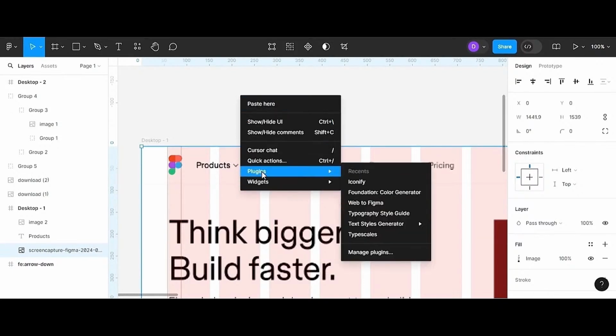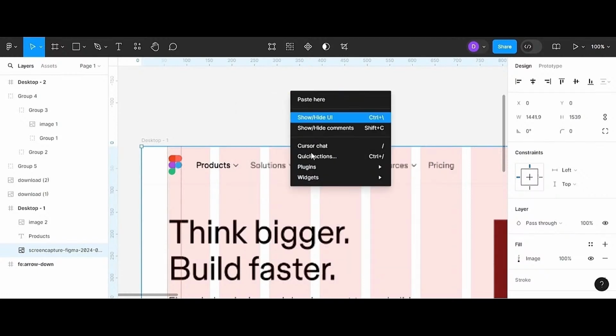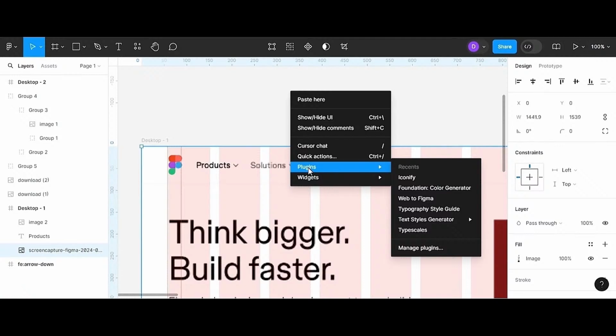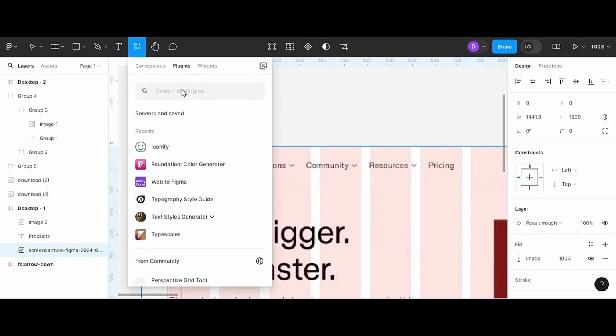So to get that plugin in Figma, you need to right click. You see this box and you come to plugin. Under plugin, I have the plugin installed already, but if you don't have it and you want to install it, you click on manage plugins, and inside this search bar you're going to type Iconify,